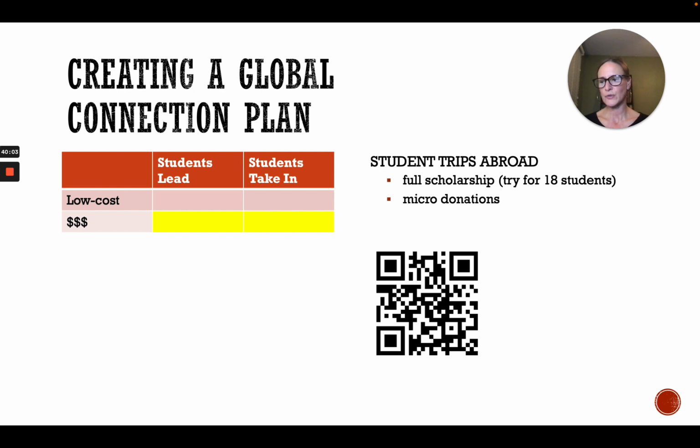So you want to vary the length of time you're abroad. A 4-day trip is going to be cheaper in most cases than a 12-day trip. You want to vary the location. Going somewhere closer to the United States is going to be cheaper than crossing an ocean. You also want to think about where it is that you're going. How equitable is that? So in a French classroom, for example, it's not super equitable to only go to France, a country that is 80% white, when the Francophone world is so much more than that.